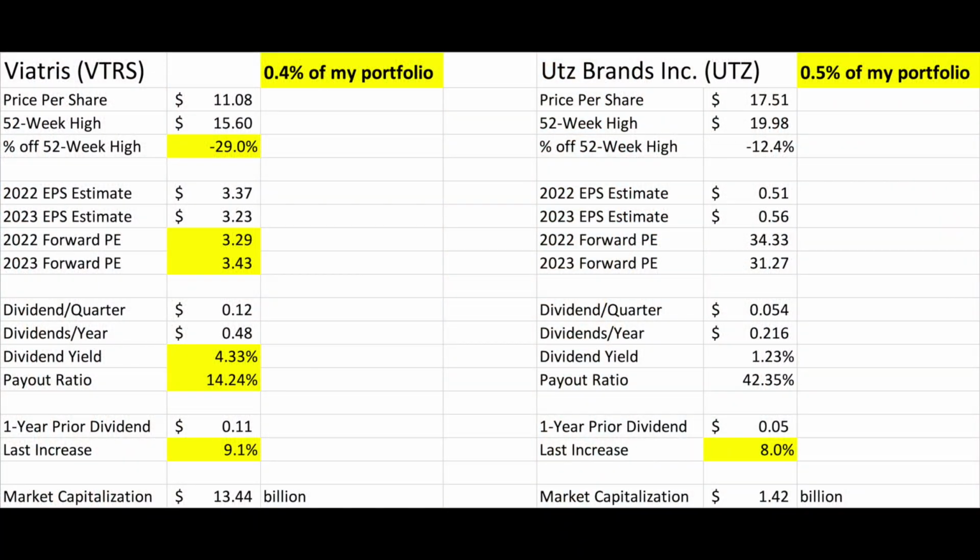I'm also going to cover Utz Brands Inc., which makes these pretzels. We still have a bunch of them here from the Halloween festivities. I want to cover both of those stocks in the video today because there's a lot of news on both of them. And I'm going to take a deep dive into the financials because it uncovers quite a few insights